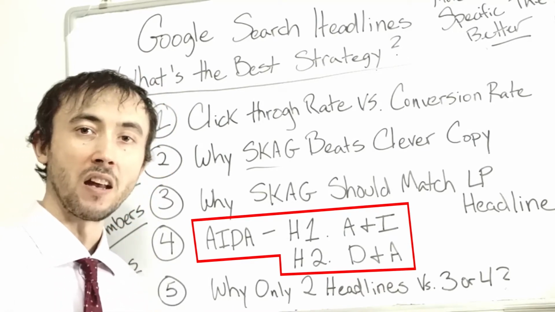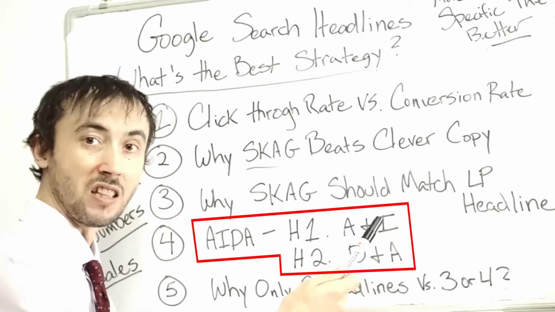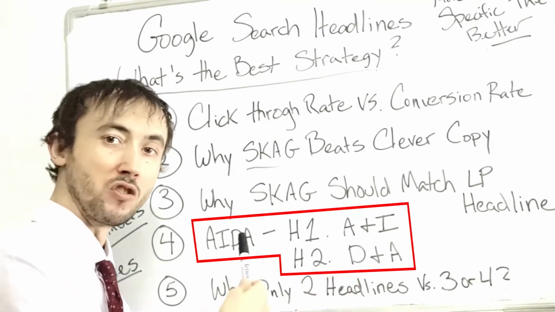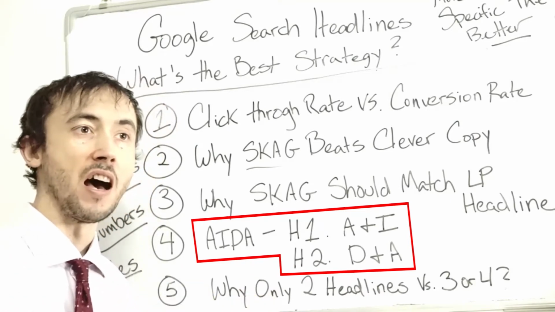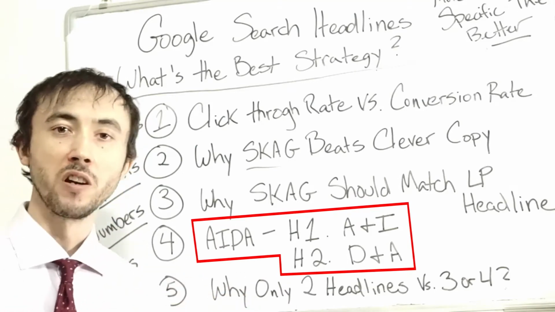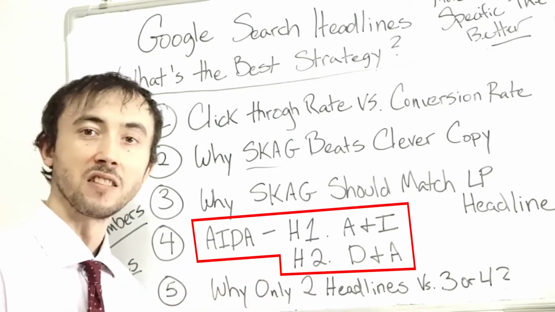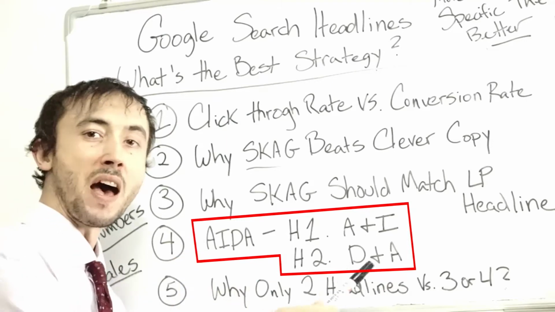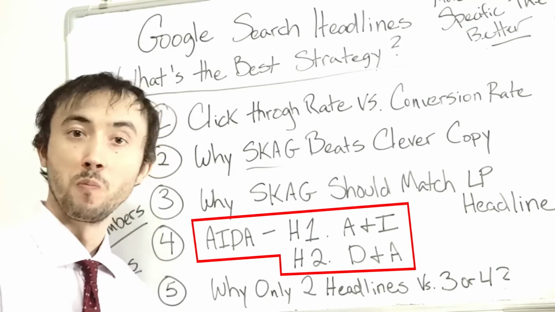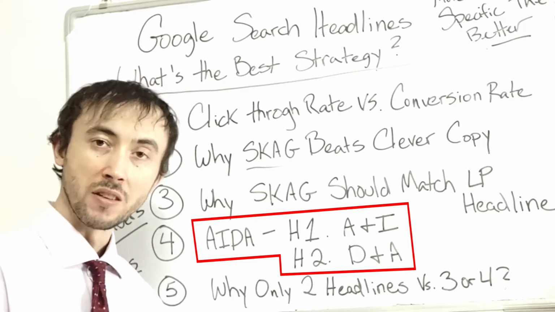For a local campaign, it's pretty much always the same. I have whatever city or neighborhood the user is in, and then the keyword in the headline. If it's a national campaign, I will have, generally speaking, an adjective or descriptive word with the headline. So we'll still have a keyword in the headline. That's the case no matter what business it is. Best, top, whatever it is, then the keyword. What I found, maybe not in every single case, but usually, will get you the most people to stop, check it out,